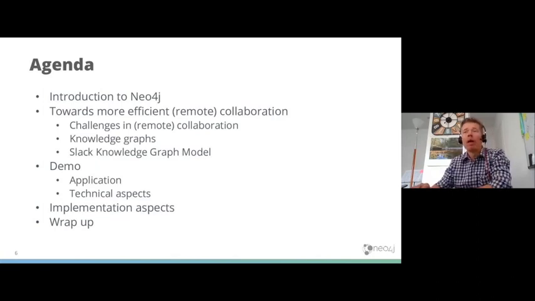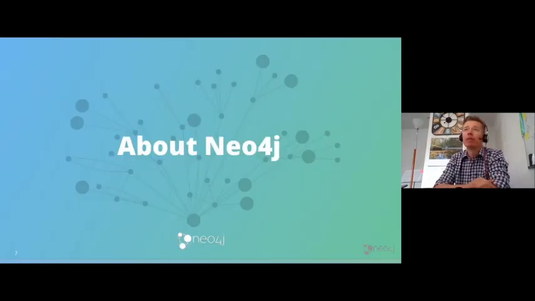After the demo by Morgan and Niels, we'll also go a little more into technical details. As I said, there's a whole lot of technical aspects: analyzing moods, natural language processing, the actual graph model by itself, and an element of data science, etc. Definitely worth talking about. And then to conclude, we'll talk a little bit about implementation aspects. How long does it take to build such a project? So that's the agenda. Without losing further time, let's kick off.